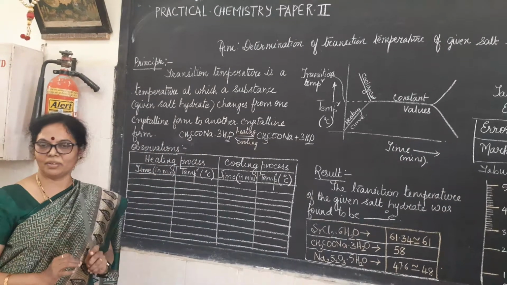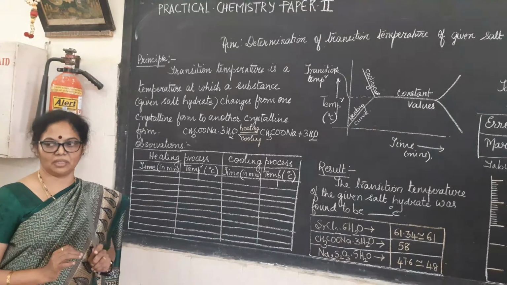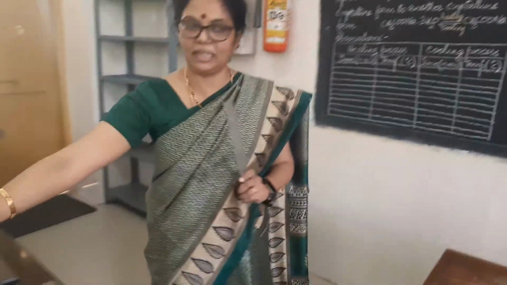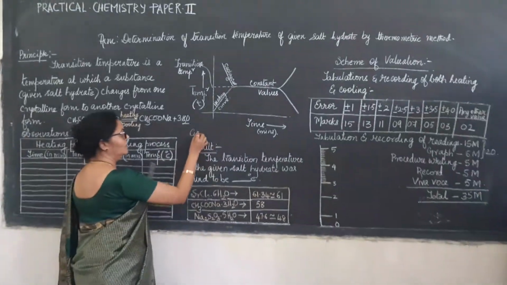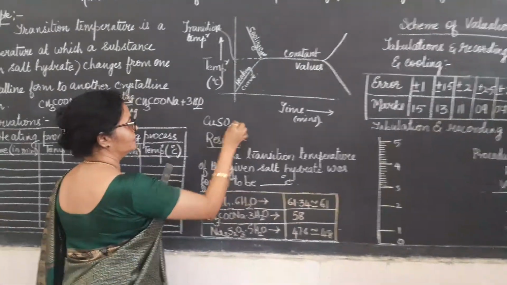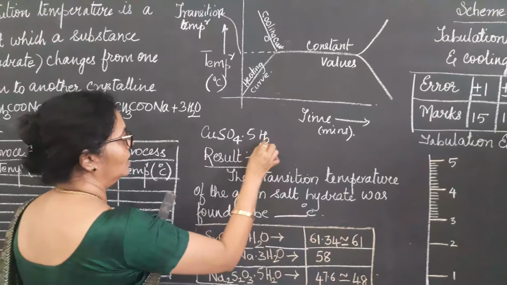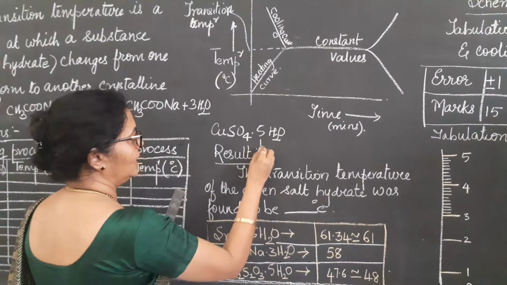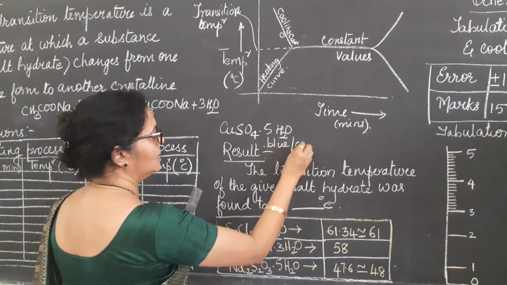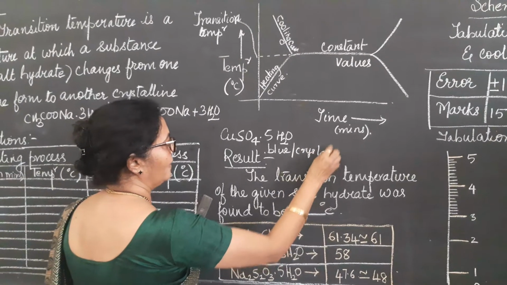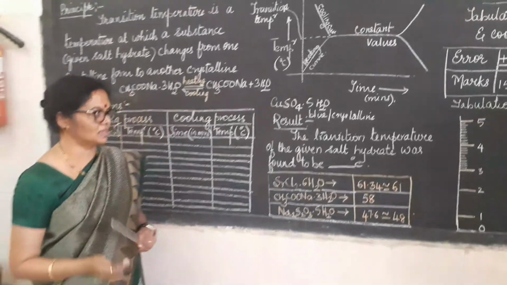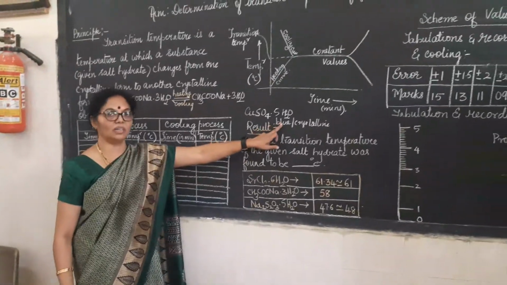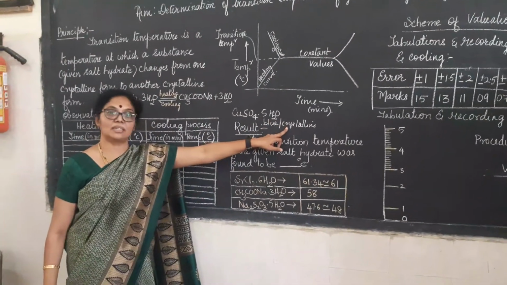Now all of you are familiar with copper sulfate, copper sulfate pentahydrate, which has the formula CuSO4·5H2O. All of you are familiar that it is blue in color and it is crystalline. When you apply heat on copper sulfate crystals, gradually it loses its blue color, it also loses its crystalline state